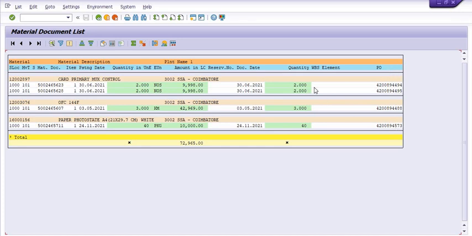These are the purchase orders, these are the quantities, these are the values of the material we have received, these are the respective material document numbers, this is our plant code, and this is the movement type. Fine. So this is all about MB51, and you can utilize these things.